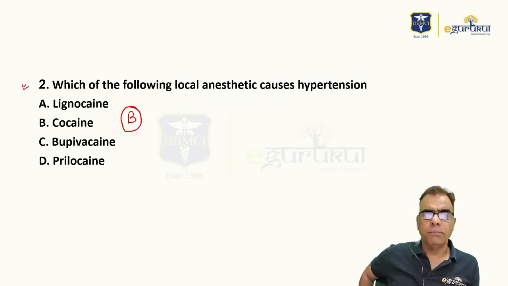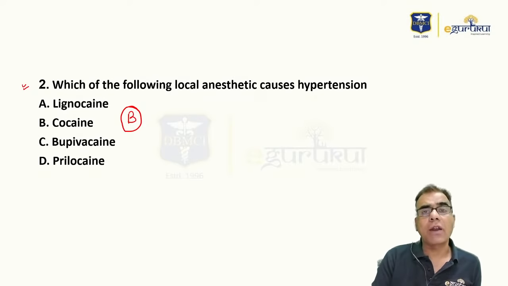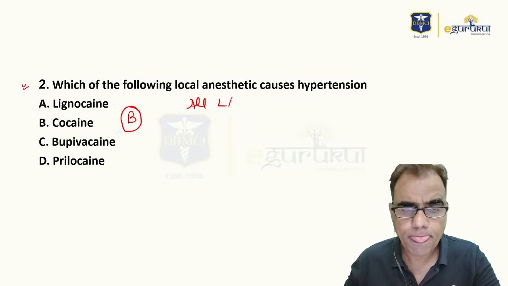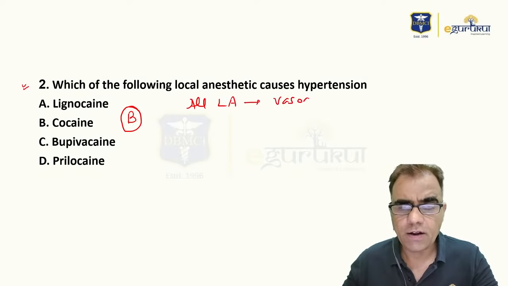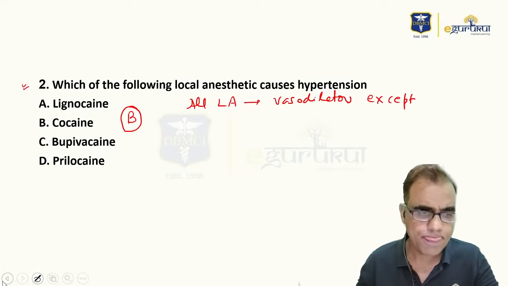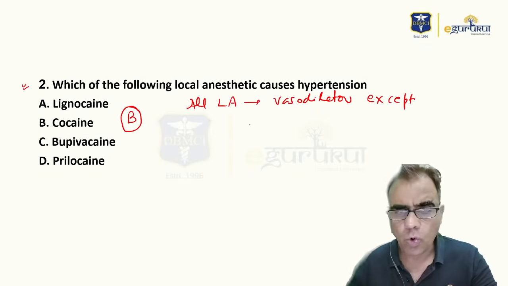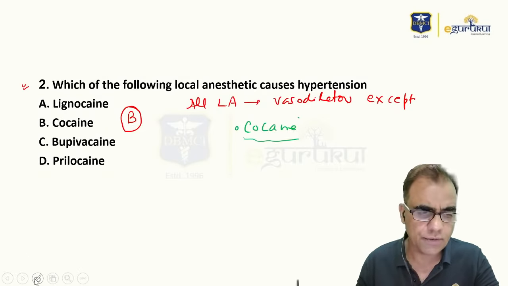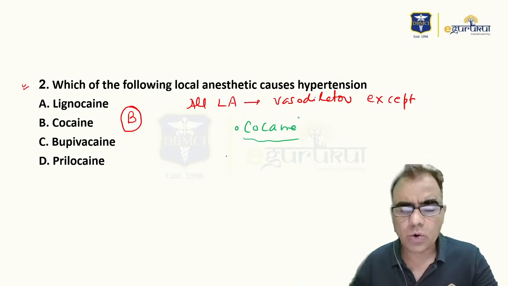So cocaine was a very potent vasoconstrictor that leads to its obsolescence. So cocaine causes hypertension, while other local anesthetics at clinically used doses are vasodilators. So I'll say all local anesthetics are vasodilators except cocaine, which is a very potent vasoconstrictor, and other than cocaine,